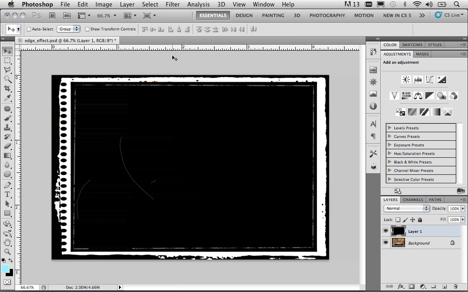What I want to do here is show you how you can use blend modes to create edge effects. Now you see these effects all over the place. You can create these edge effects on your own, or you can find plenty that are available online. Some you have to pay for, some are free. In any event, you'll notice in this document called edgeeffect.psd, which is available in your resources folder, we have two